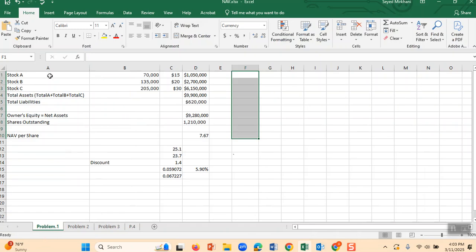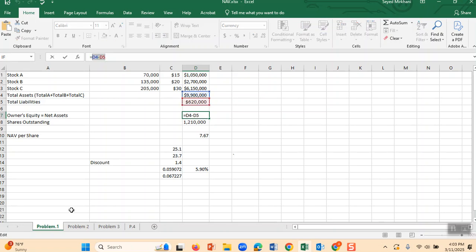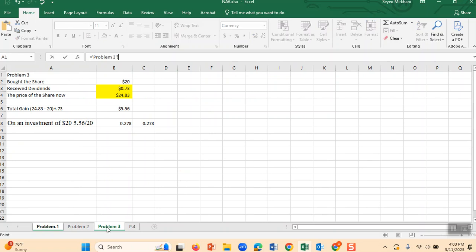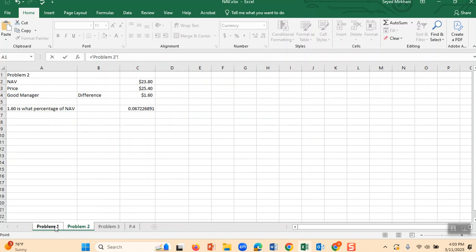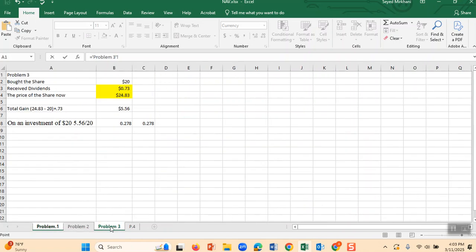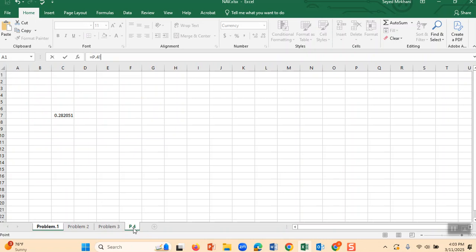Problem number 1, the numbers, let's not forget, these are calculations. Do you see here? You should have the calculation. Problem number 2, problem number 3. I want you to do these 3 problems, use Excel. You already see the numbers. All you have to do is to put them in Excel. That way you get a sense. Some students might want to have an extra point. They can do problem number 4 as well.